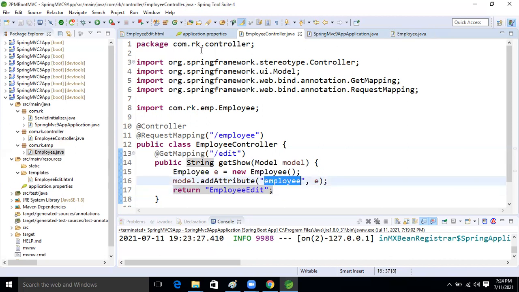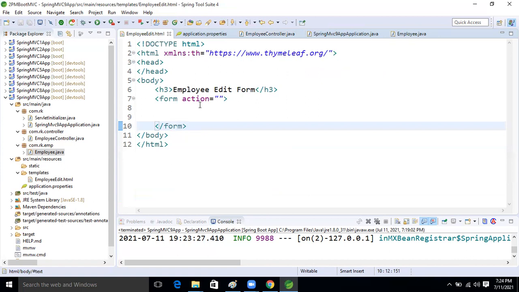So to make this form bi-directional, for that we will take the th:object attribute.